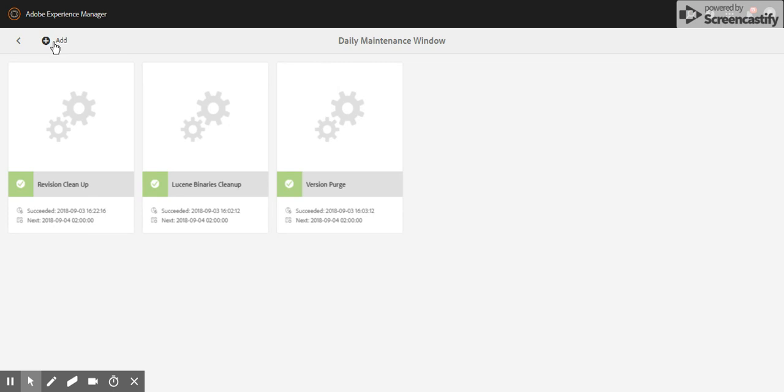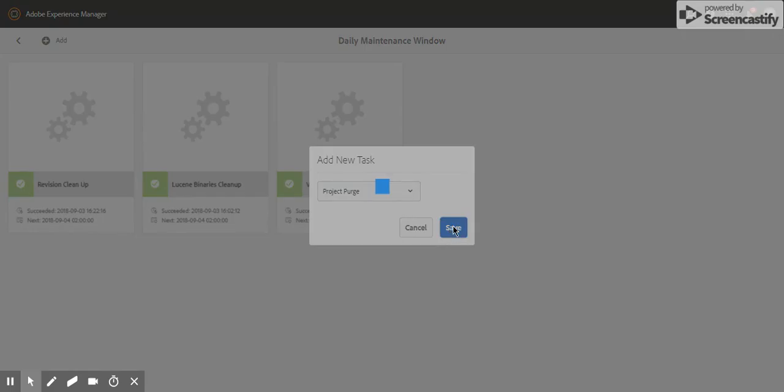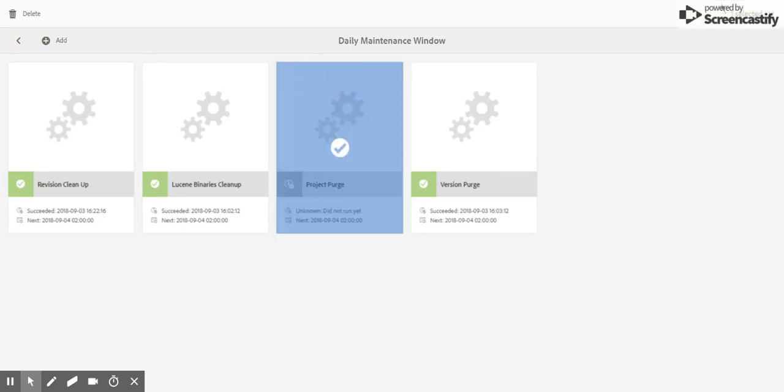So if you want to add any additional maintenance tasks, just click on this plus Add here and select Add New Task, whether you want to select project purge or purge of ad hoc tasks. Select it, say for example project purge, and click on Save. Now this task is displayed here, and if you want to purge it again, you have to rerun this. And before that, if you want to configure which project has to be deleted,